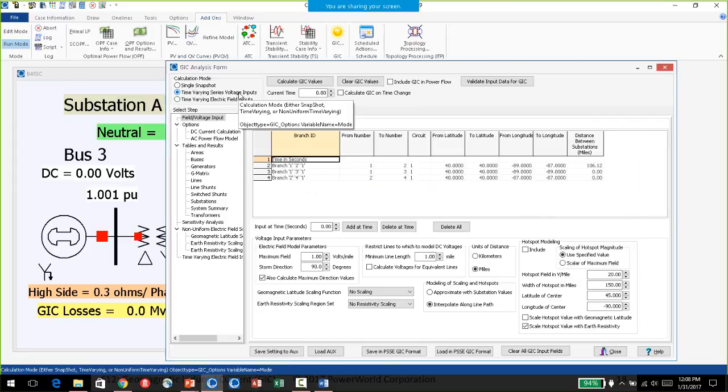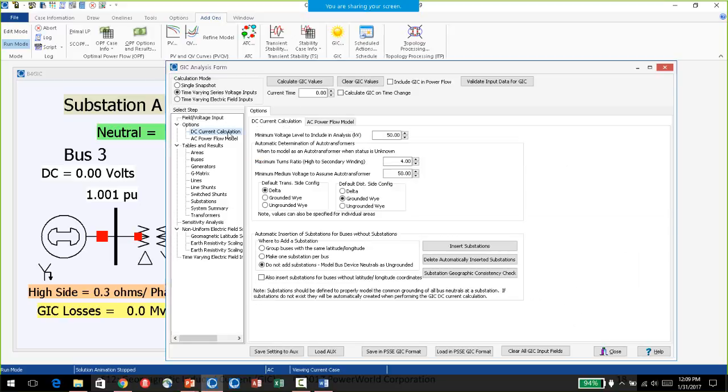You can also put in time-varying fields with this second mode right here. We'll talk more about that later when Tom talks about doing EMP modeling, because the time-varying nature becomes pretty critical. In an EMP event, it's typically much shorter-lived than a solar-induced GMD, but the rise times are a lot quicker. So the currents still look like DC relative to 60 hertz, but you get rapid changes in the field, which are best simulated in a transient stability time frame. So more on that later.